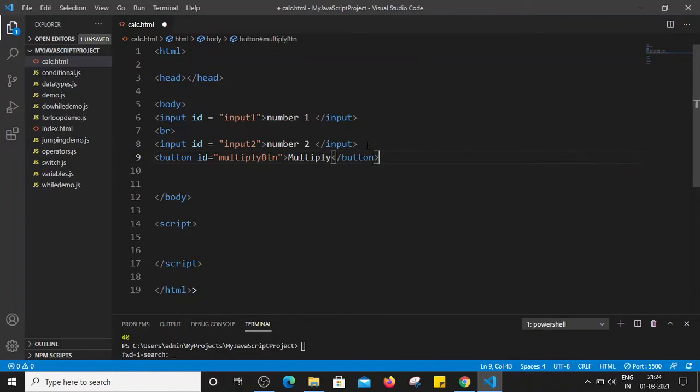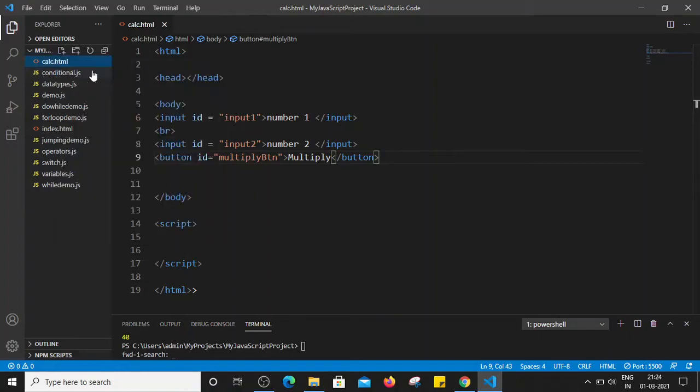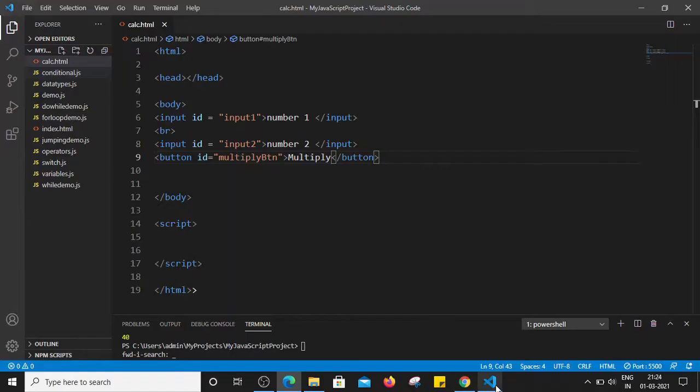Right, now I am saving the file, and let's open this file and see how it looks in the browser. So I'm just opening it on the live server. Right, so let me recheck the code once again.